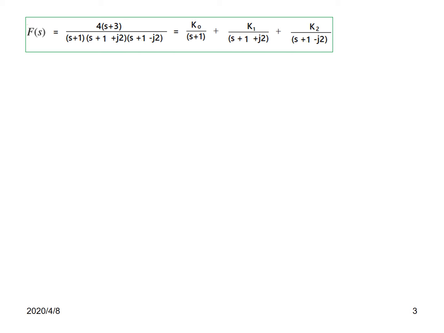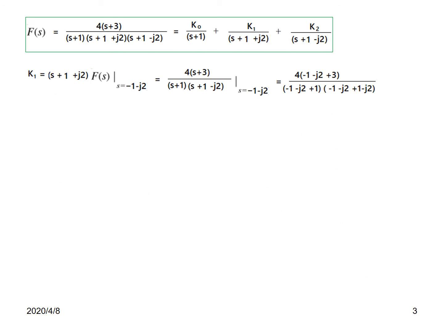Okay, now let's find the other ones. For k1, we'll again multiply by this term, so (s + 1 + j2) F(s), and the condition again we'll find from here: this term is equal to 0. That means s is equal to minus 1 minus j2. That is the condition we'll apply. So F(s) when multiplied by this term will reduce to this. This is present, this is present, this goes. So the remaining is (s + 1 - j2), and plugging in the value s = -1 - j2, and then now simplifying,